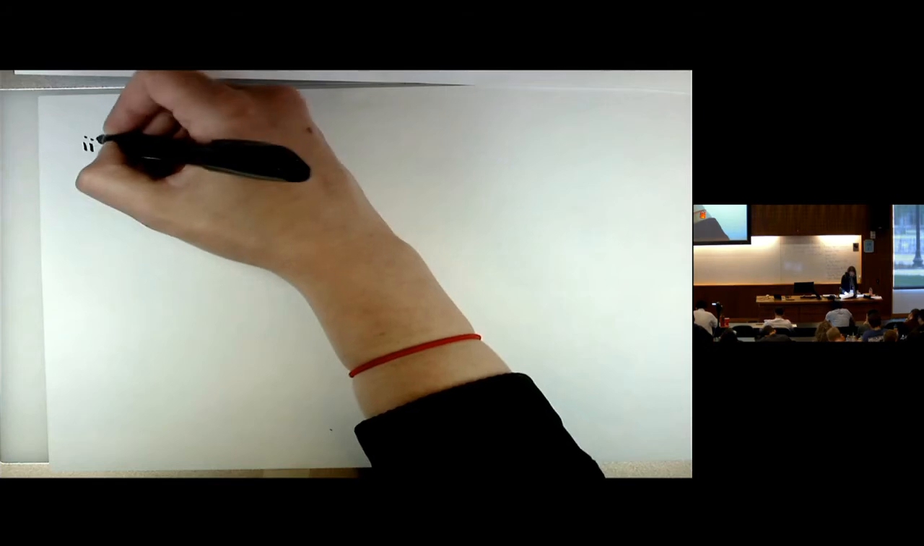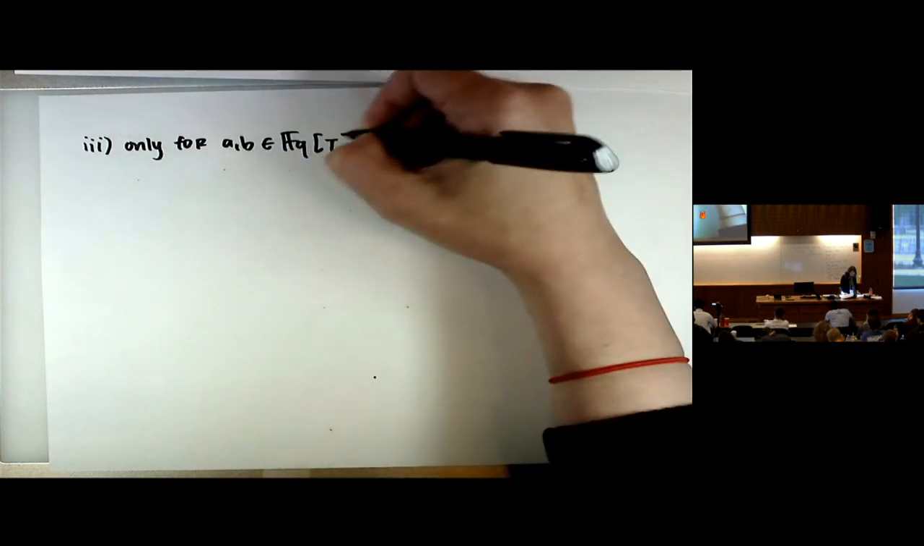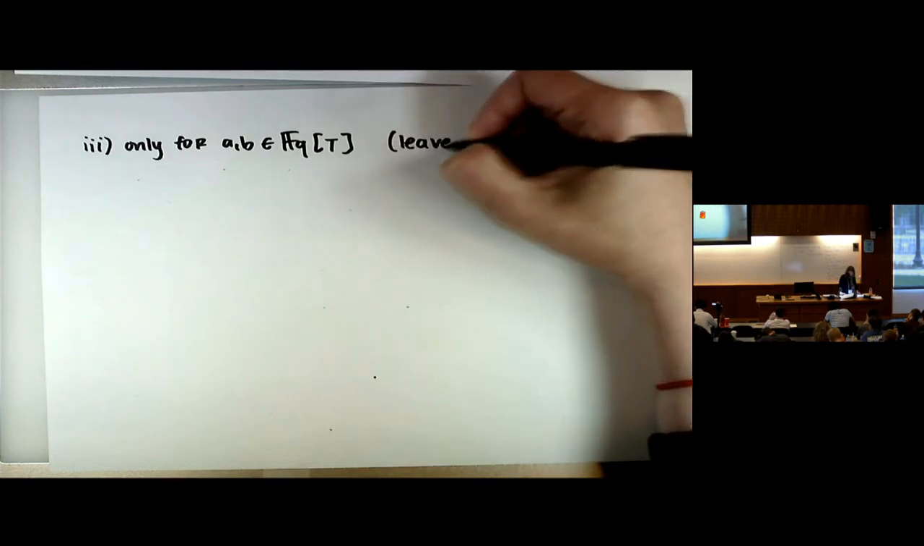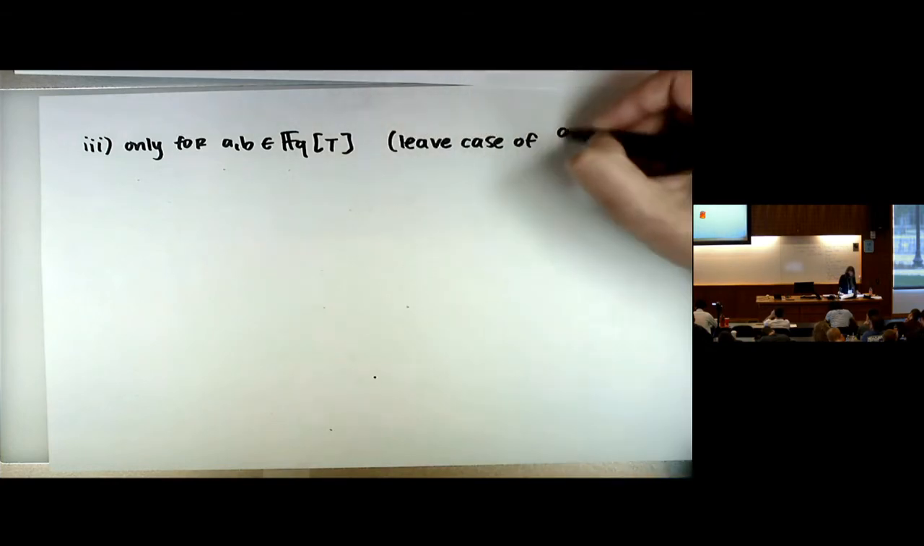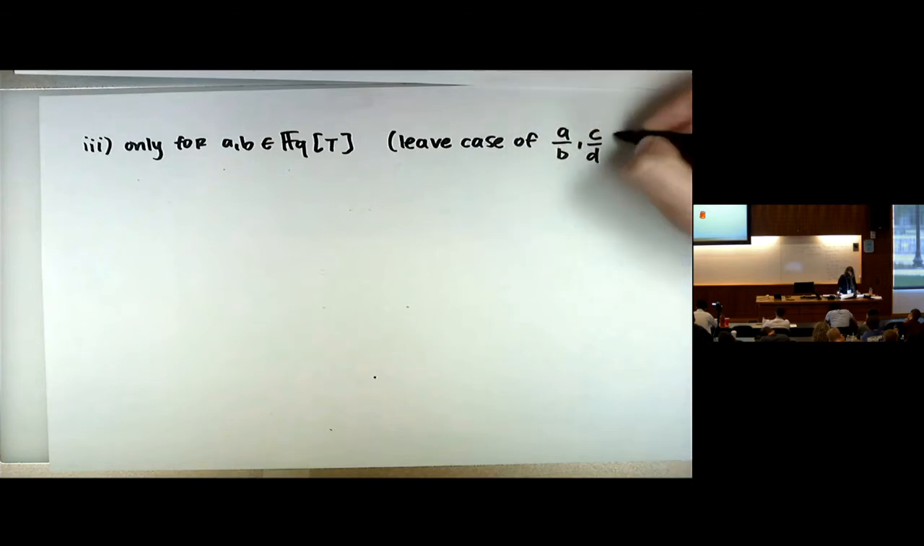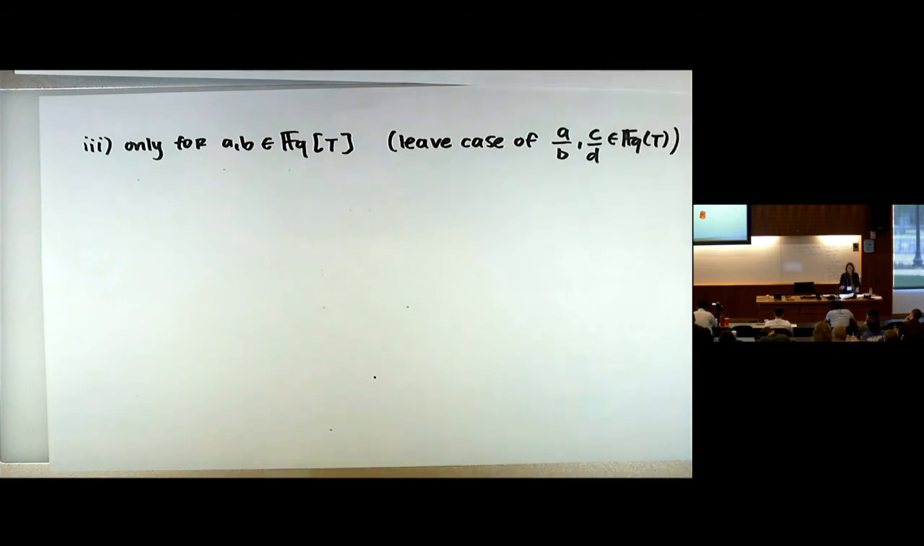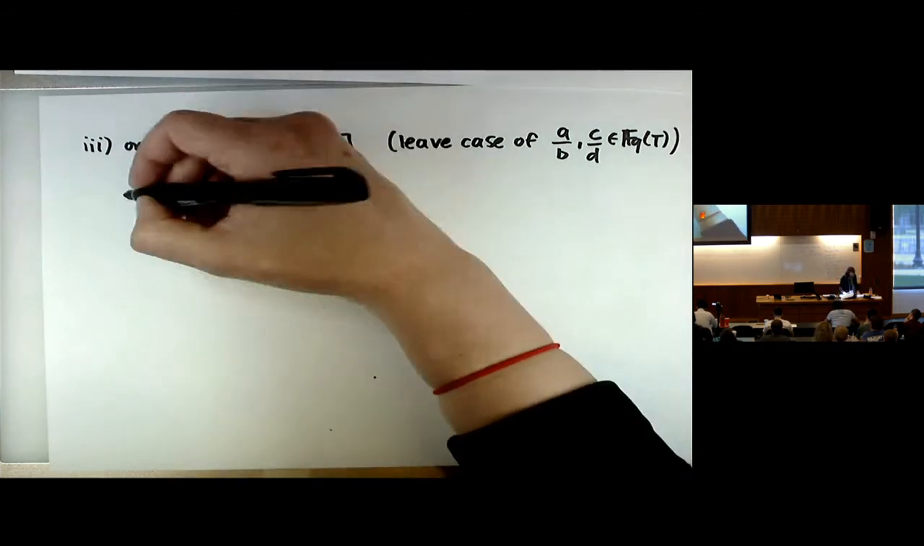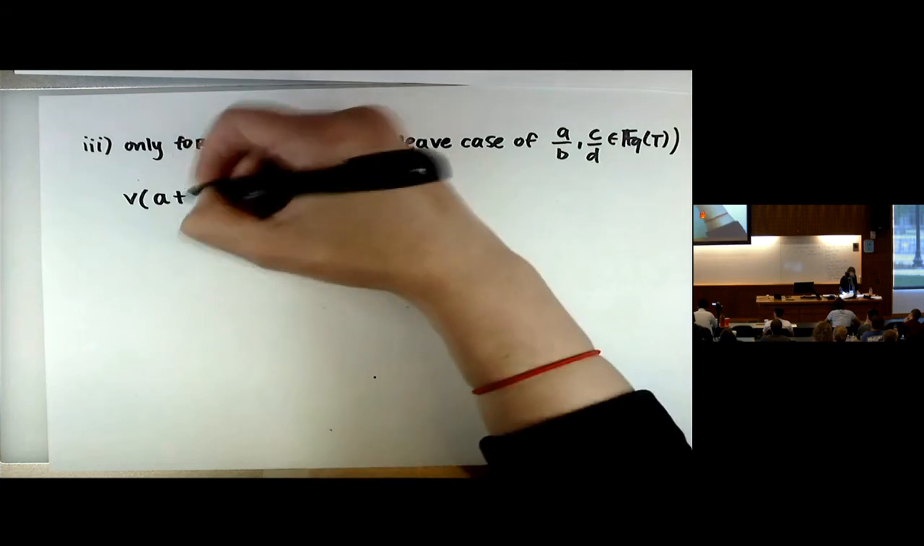Okay, so I'm going to do this only for A, B, some polynomials. I'm going to leave the case of A over B and C over D field elements to you, gentle listeners, just because it gets annoying; I'd have to add polynomials in fractions live. Okay, but so if I have two polynomials A and B and I add them, by definition, I said that I wanted that to be